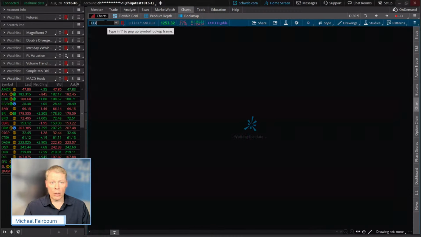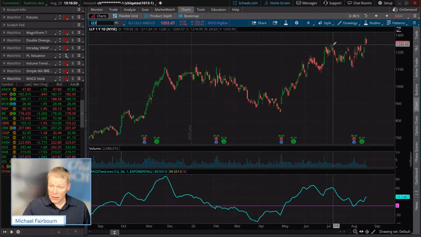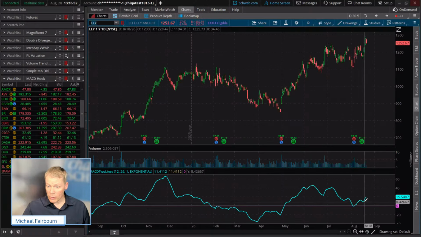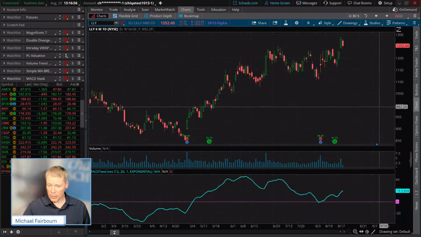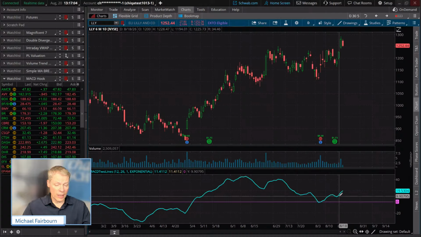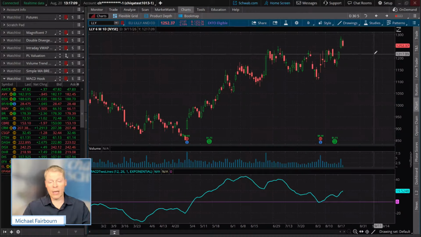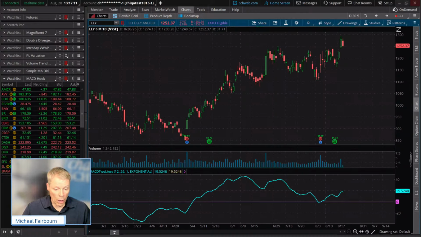Last one, Lilly. Well, not the last one, but just a couple more. Lilly, same thing. Are we above the zero line? Absolutely, we are. Make no mistake about it. Did we get a hook? Absolutely. When did we get the hook? Right there. The great thing is to pick that up. And if you're getting that hook, maybe there's enough momentum strength to get us to break out. And we did.